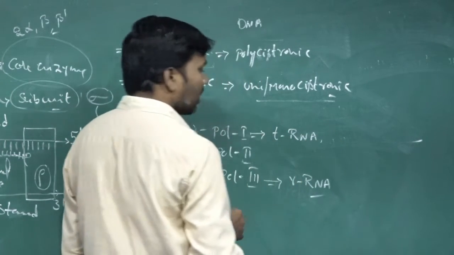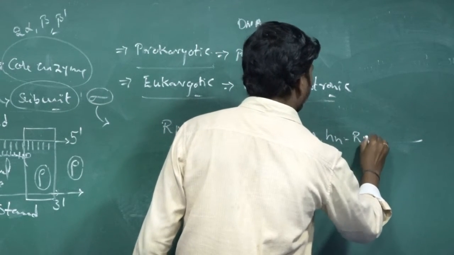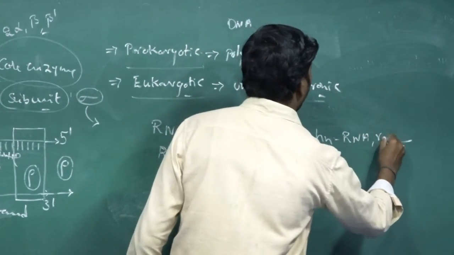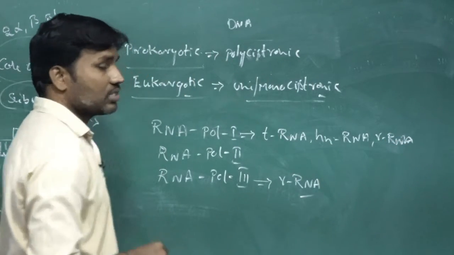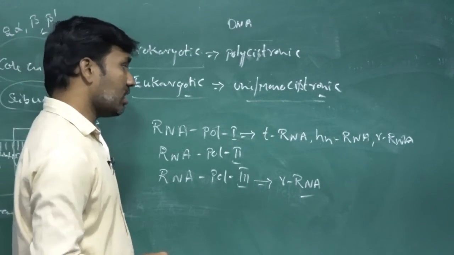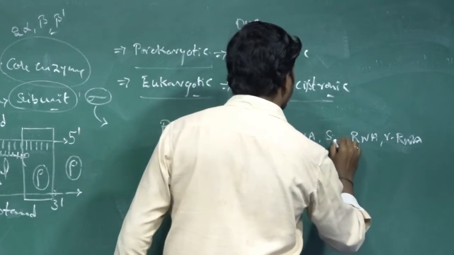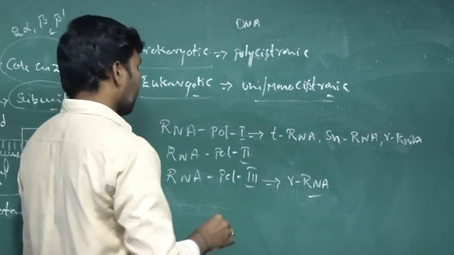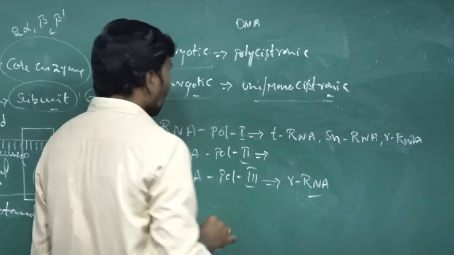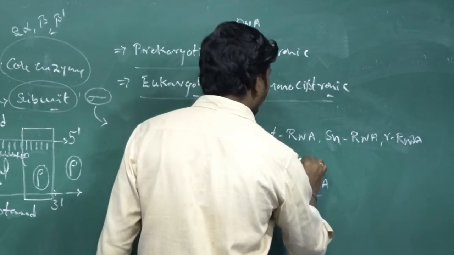So tRNA activation, and the hnRNA and the rRNA. So synthesizing the tRNA, hnRNA and the rRNA. So not hnRNA, snRNA, not hnRNA. snRNA and the rRNA. The RNA polymerase 2 is responsible for hnRNA,